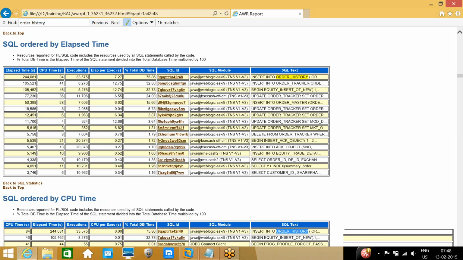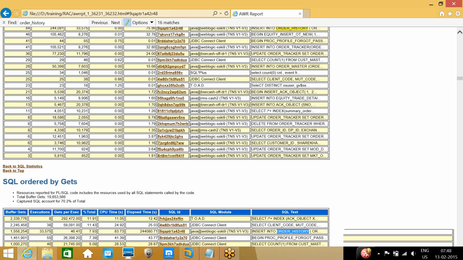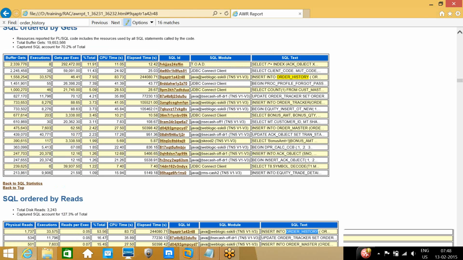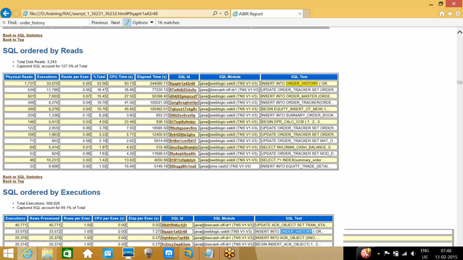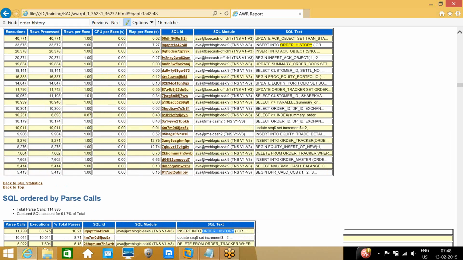Okay, this is the table. I usually check like this: if I identify a table, I search for where it appears. Now it's appearing in the gets, physical reads, executions.